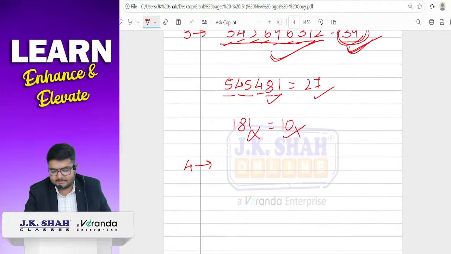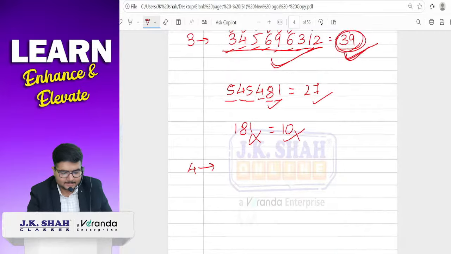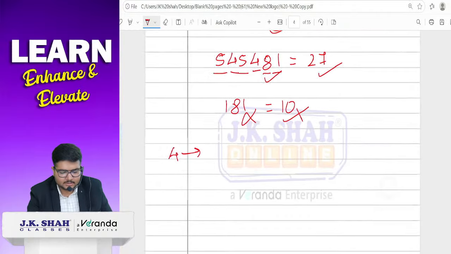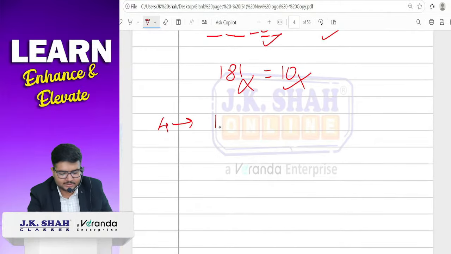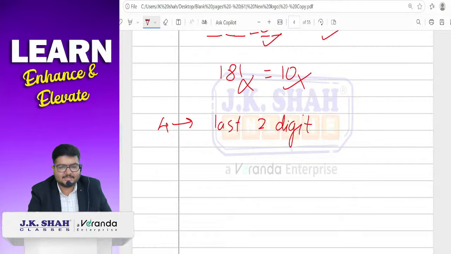Let us take divisibility of 4. Now, what is the divisibility of 4? You just have to check last two digits. If last two digits are divisible by 4, then the whole number is divisible by 4. For example,